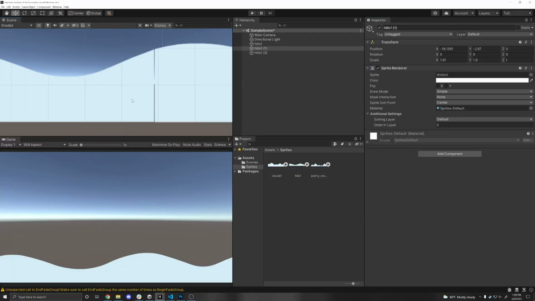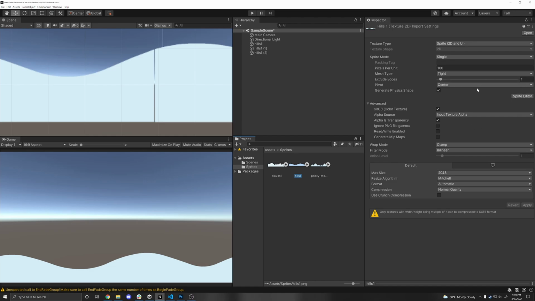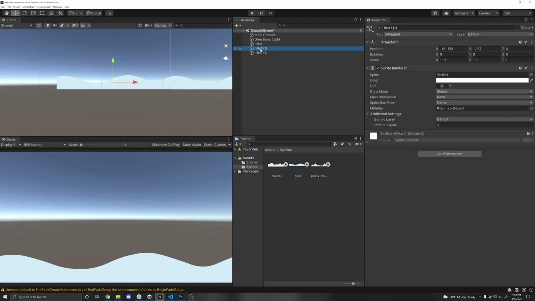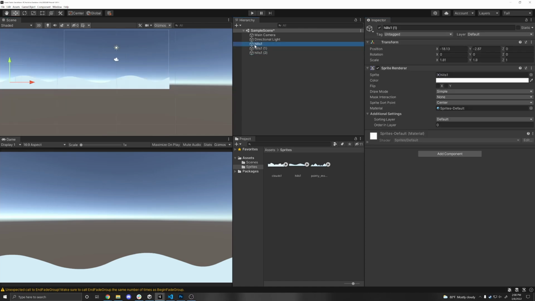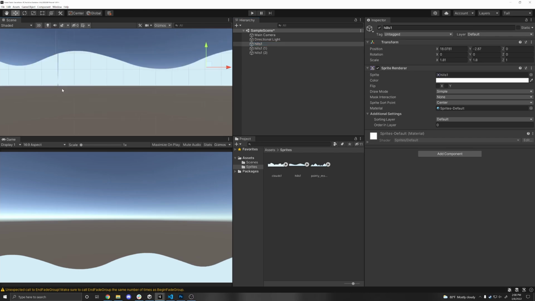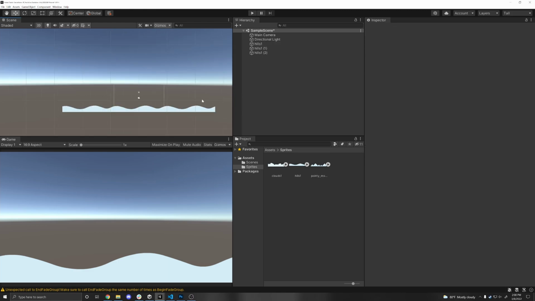So if we go back to the scene, you'll see that it still appears there. If you want, you can change it in the sprite editor again, or this time I'm just going to move the hill a little to the side so it matches a little better. You can adjust these values in the inspector as you see fit. So -18.13. And then the other side, we can just do the same process. Pressing V, attach it to here, and then we can move it a little sideways here. All right, so we have these hills set up,